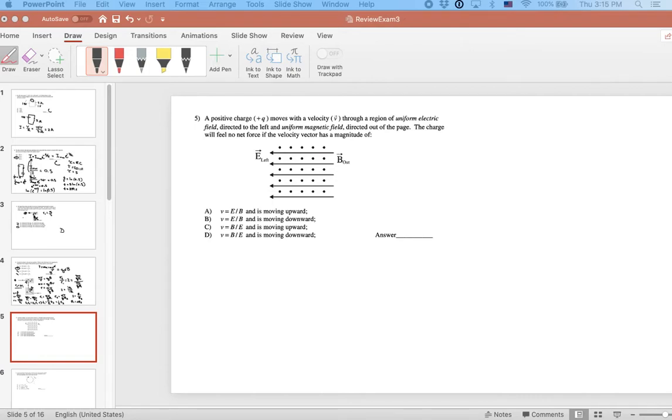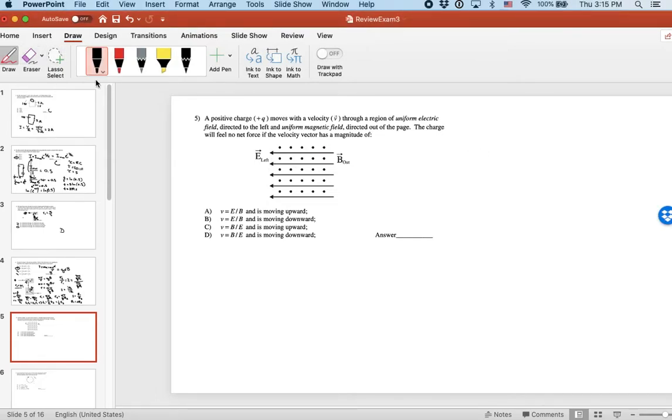Okay, in this problem, we can see that we have a charged particle, plus q, and it moves with the velocity through a region of uniform electric field directed to the left. So my electric field is directed to the left, and anytime I have a field like that,